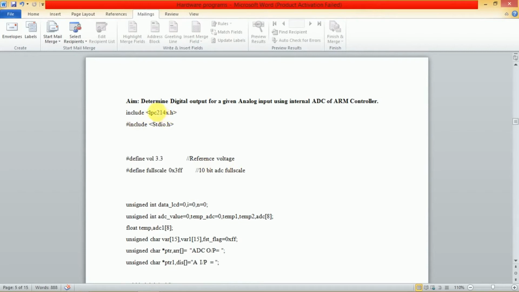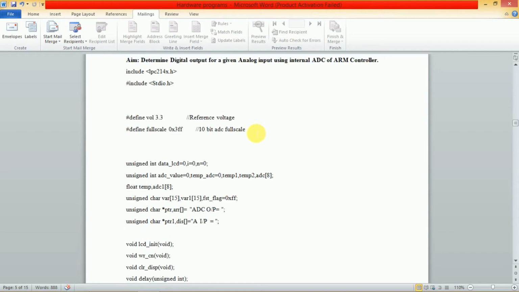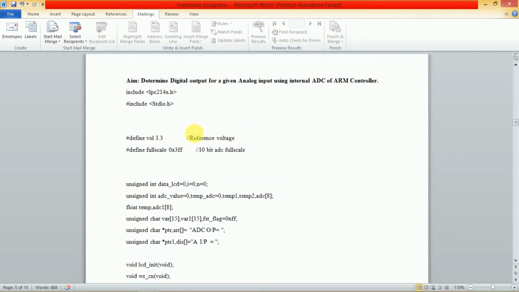these ARM processor informations are in the header file. Include the standard input output. These are the C language declarations you are already familiar with. Define the 3.3 reference voltage. How much voltage you require, you can make the reference voltage for the analog input. Define the full scale 0x3FF. For a 10 bit ADC or a 16 bit ADC, you can declare it,